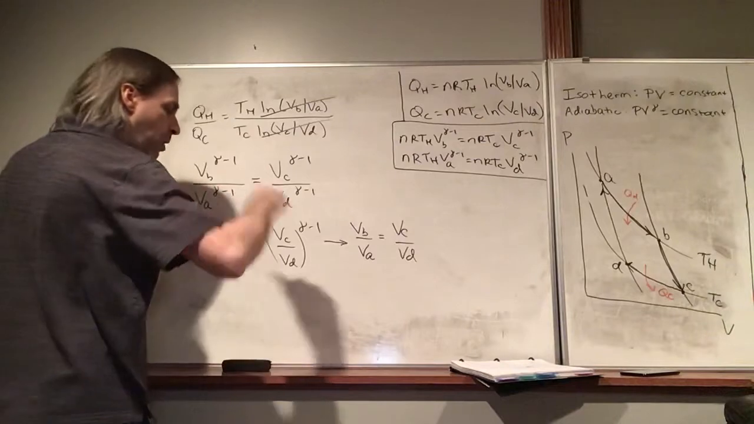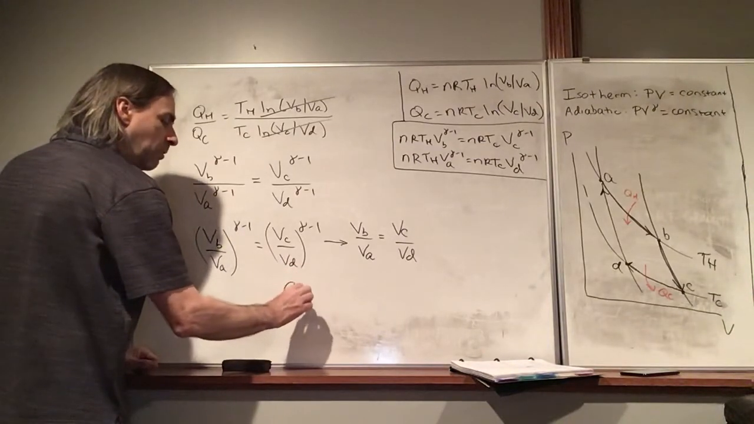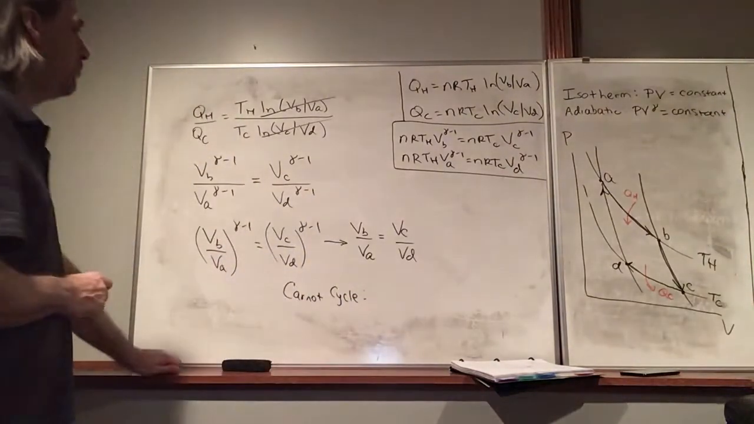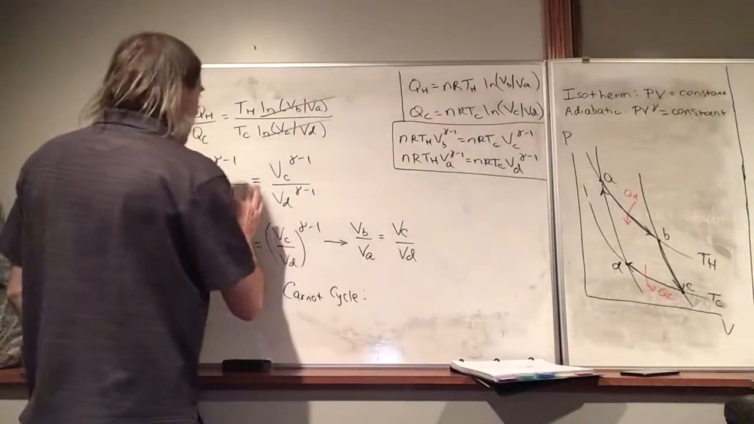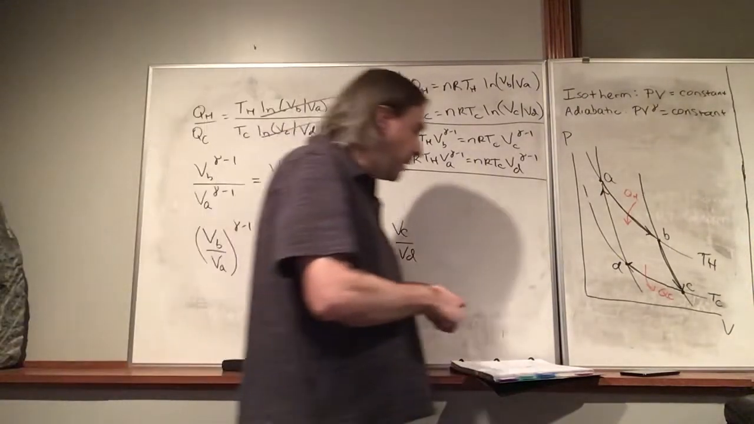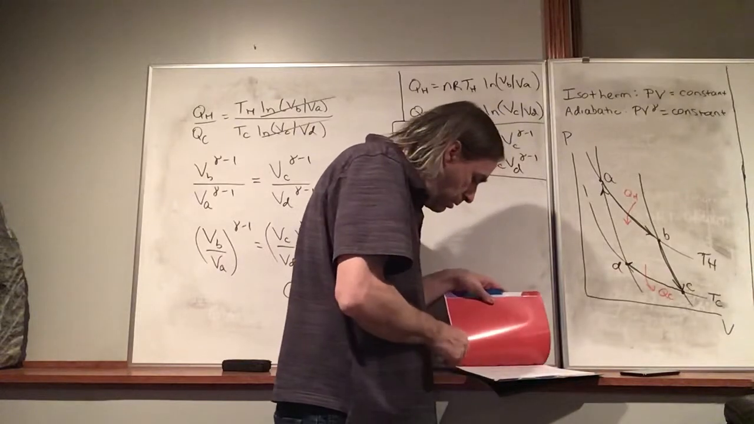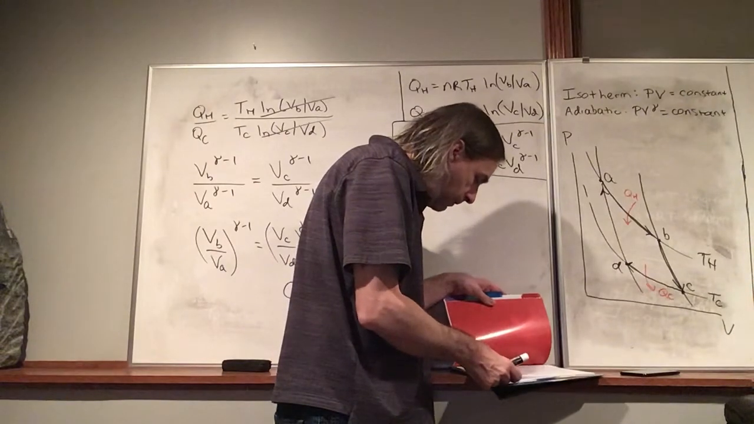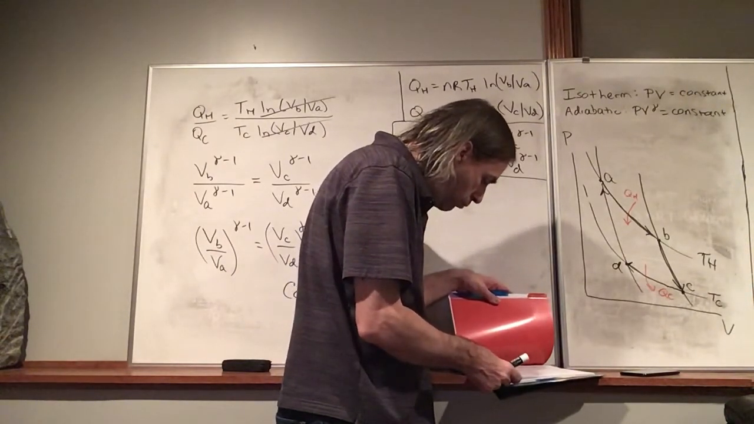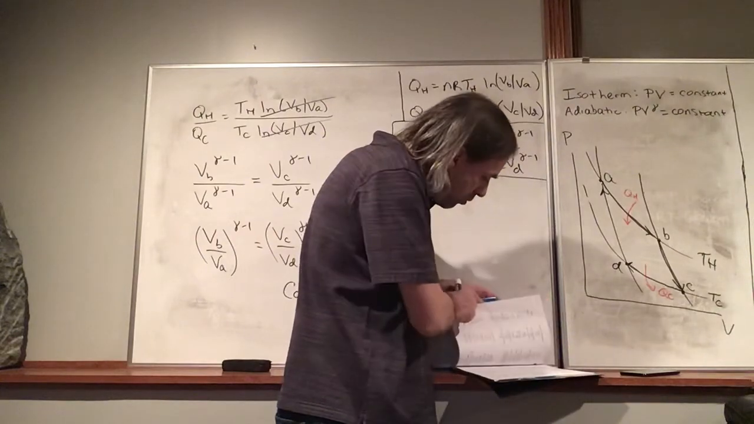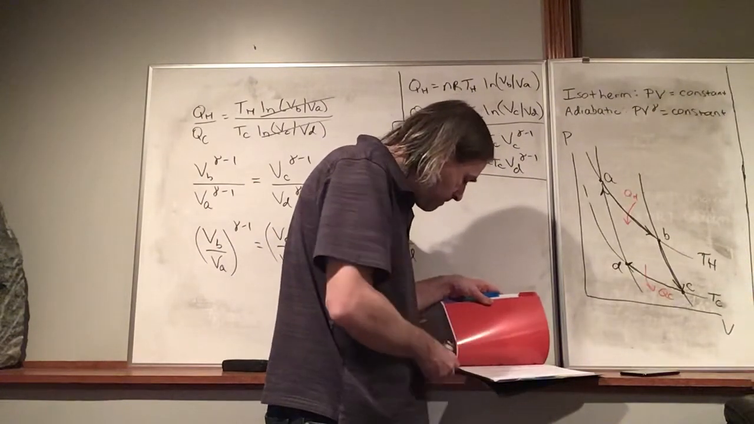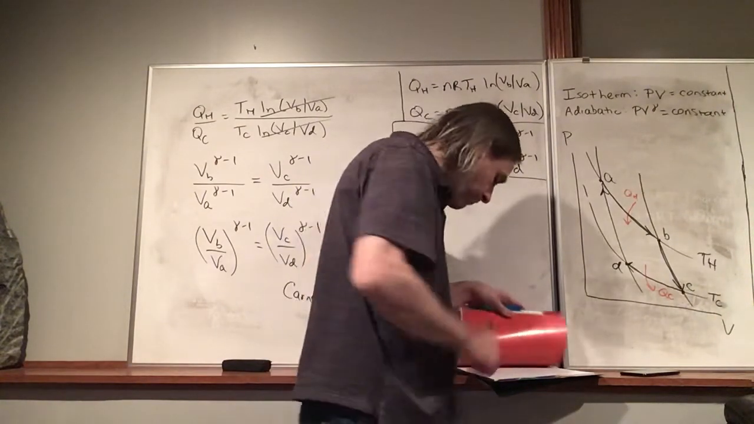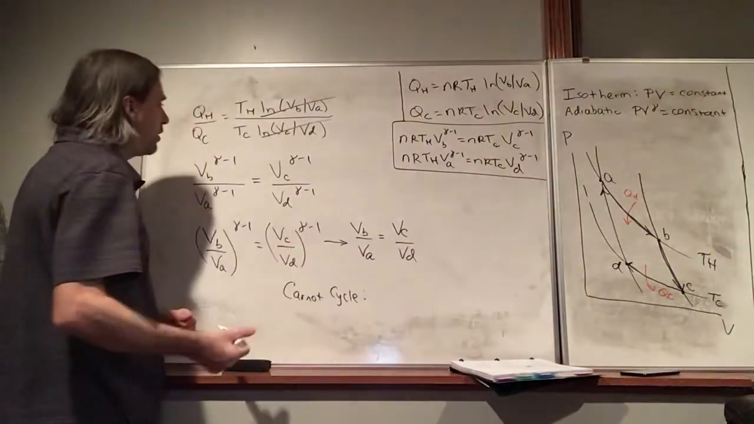I guess there's room on the board. So for a Carnot cycle, I'm going to look at the way it's written in the equation sheet. You can write it different ways, but I'm finding it. The way I wrote it in the equation sheet,